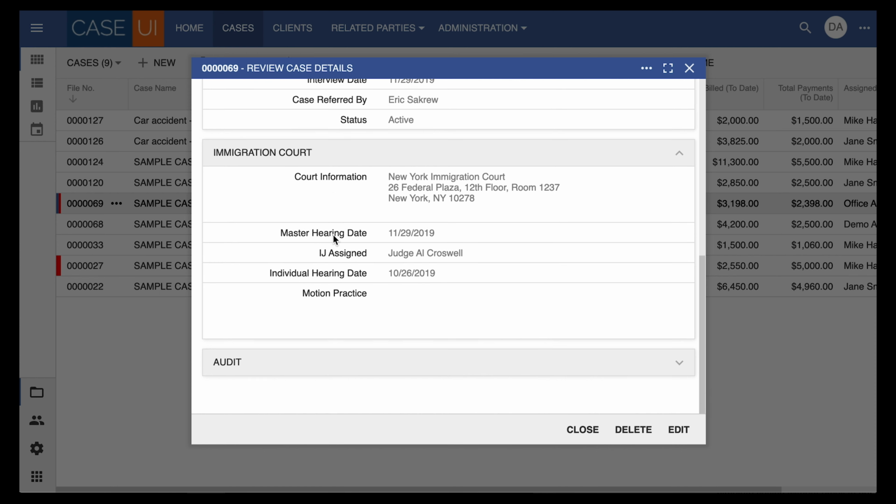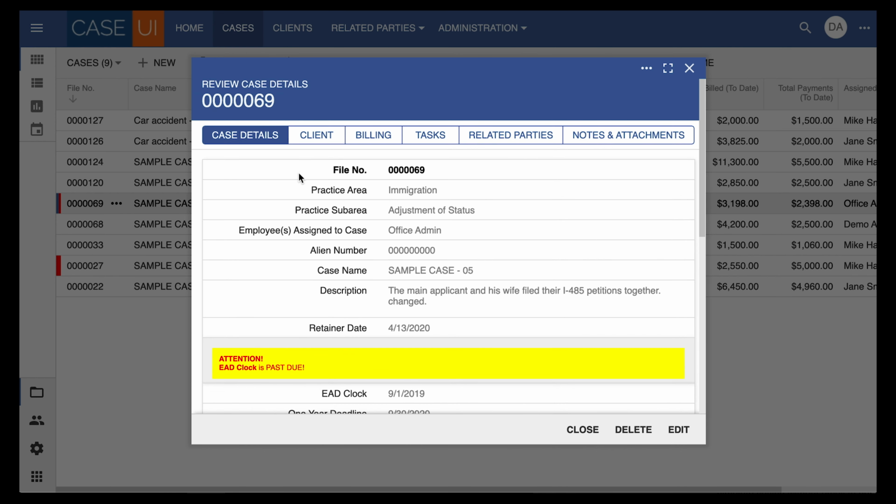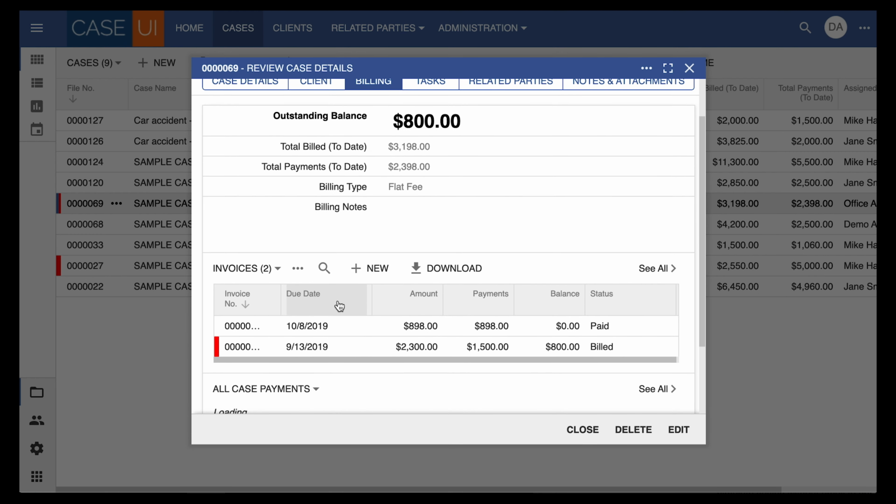The case details has practice specific fields and sections. So here it is immigration related because it's an immigration case. For a real estate case, we'll have different sections like title and loans and so on. On this tab, there's the client that we attach to this case, as well as the billing section.